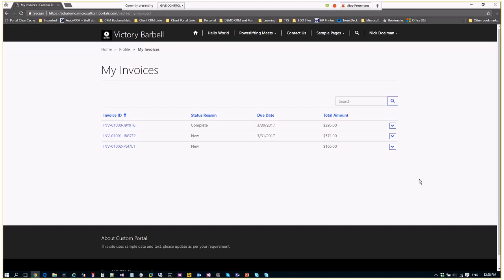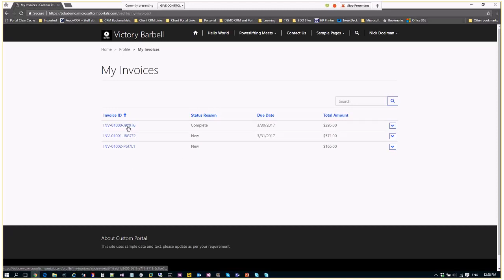This out of the box is really just a straight up entity list. This doesn't take you long to configure. You go and you create the entity list in CRM. Then you create the view in CRM, you create an entity list, you create a web page, and then it's all surfaced. Very quick, very easy.